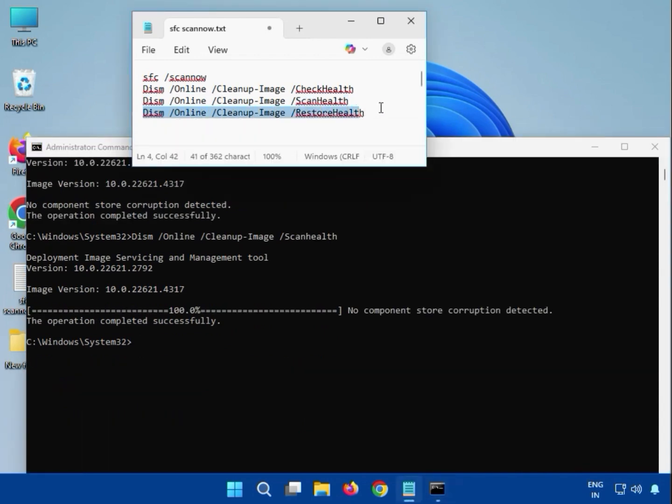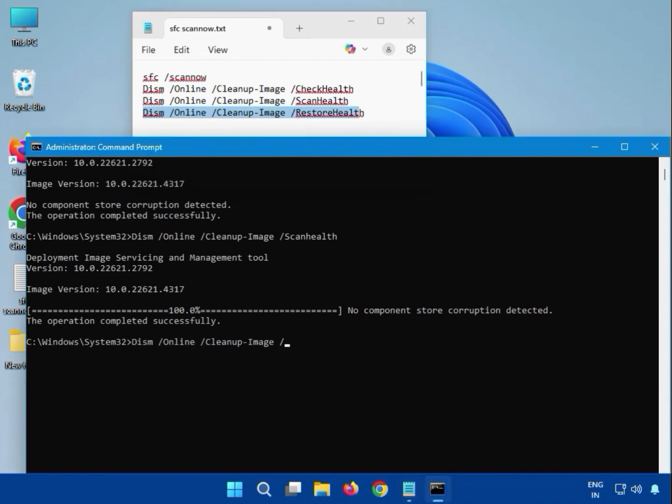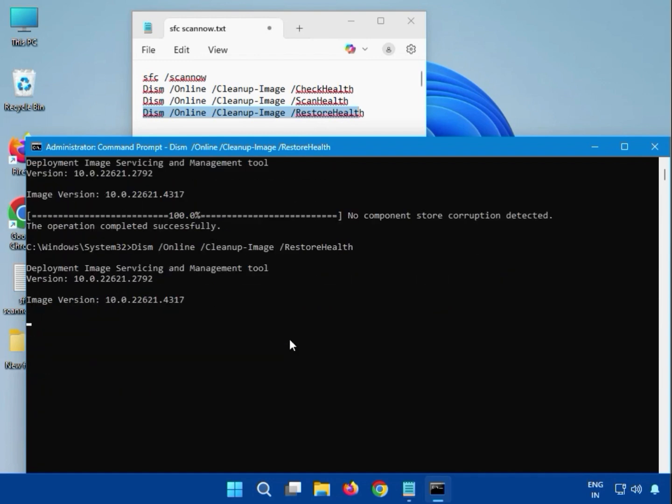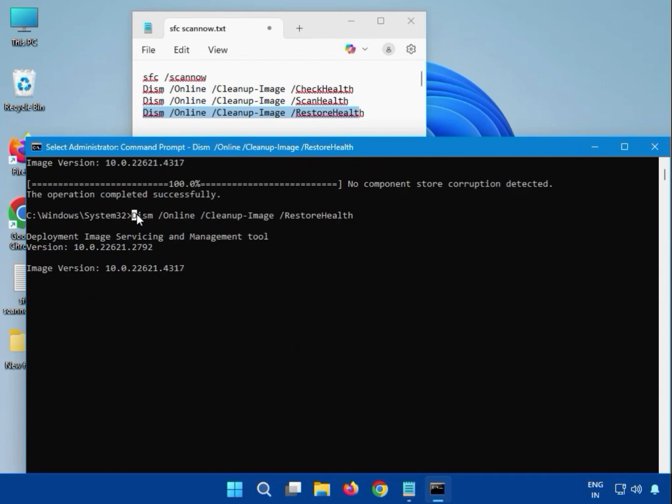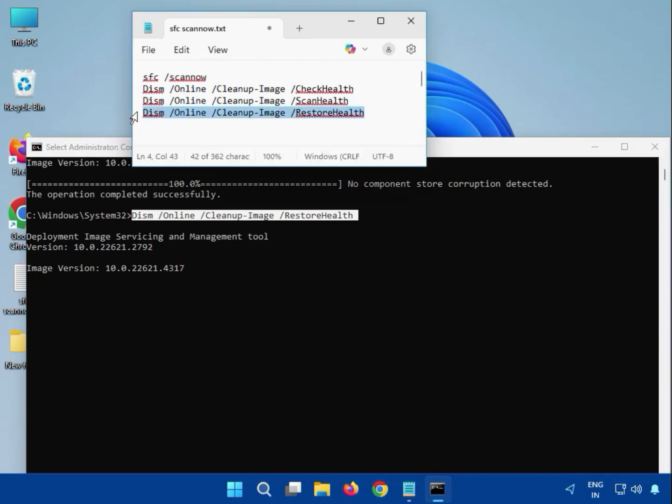Then guys, fourth one, which is restore health, you can see here we can enter like DISM and all, and please note small and capital. Okay, restore health, and then hit Enter. Again guys, you have to wait. Okay, it will start the percentage, it will complete. After that you can see here,